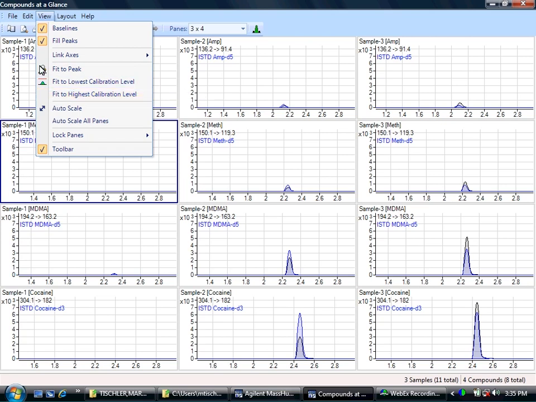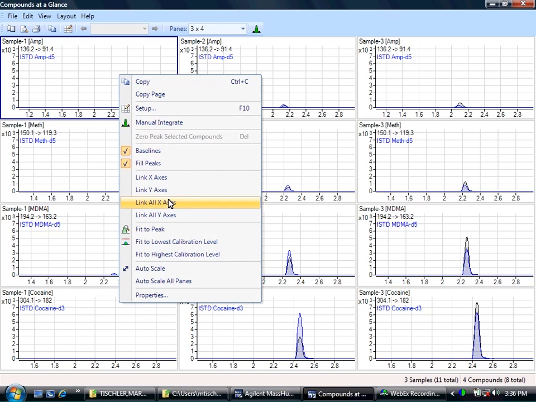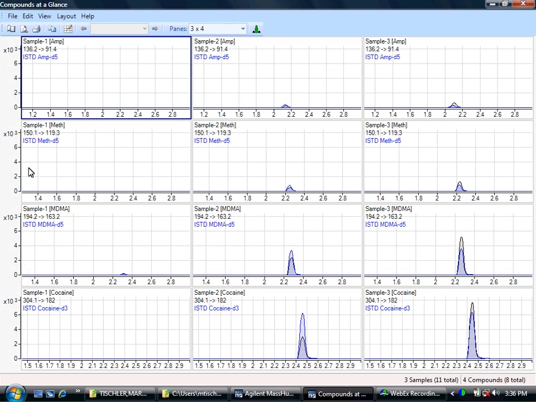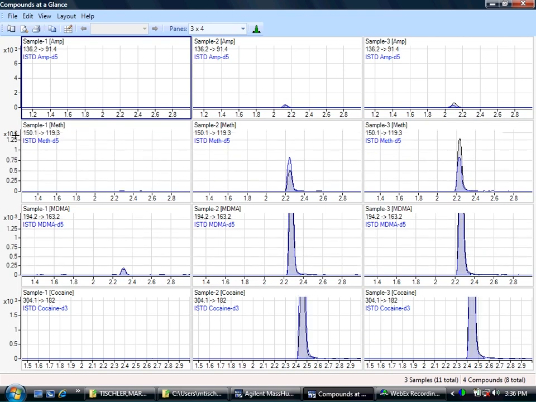I'm currently looking at the ISTDs across these three samples, and I'm interested in looking at the levels, so I want to adjust the intensity, the Y scale. So if I go here to link the axes, I can change them all at the same time. So I'm going to link all of the Y axes, and you notice the axes appear over here now. And what I can do is drag these and increase the intensity, which affects all of the graphics at the